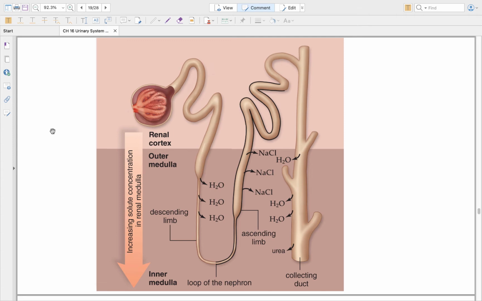Now, in regards to the kidney and the nephron, let me grab a pen here, the way that water moves out of the descending tubule. Why did it do that? Why would water just simply start diffusing out of a tubule? Okay, now this takes us all the way back to the laws of osmosis,